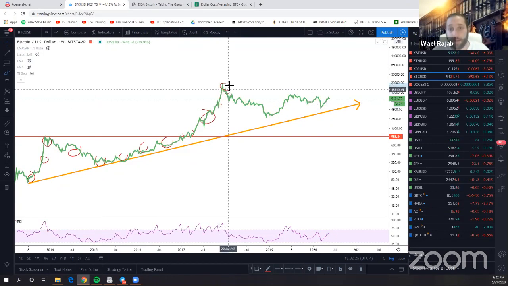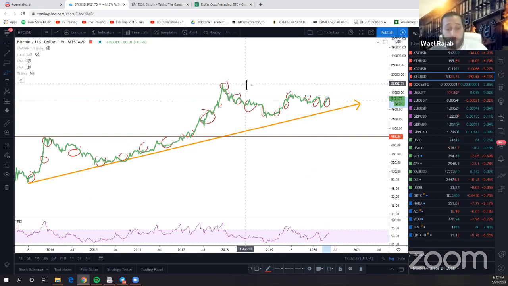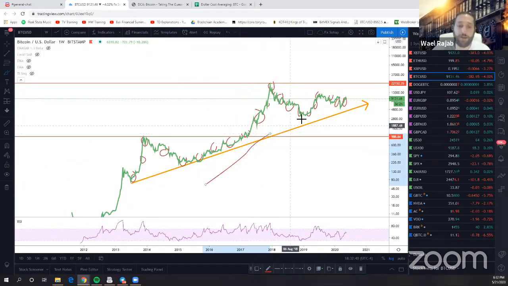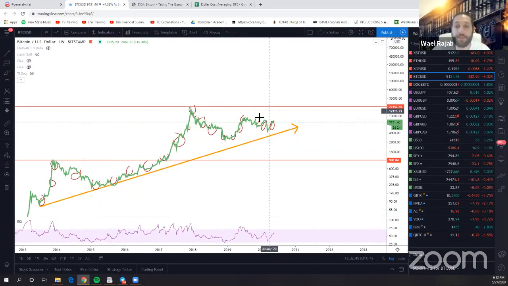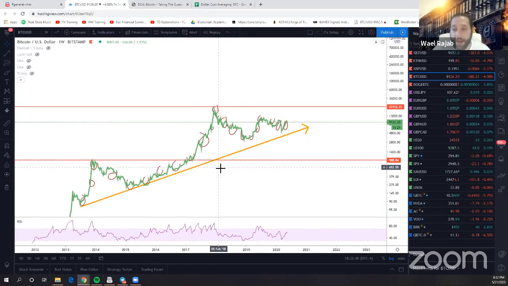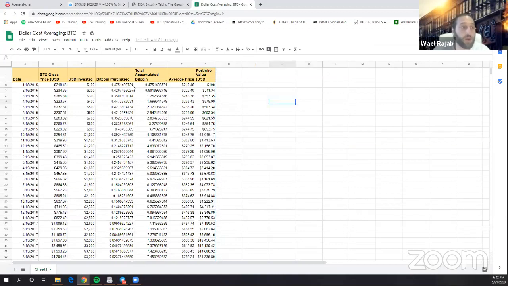This was 20 grand. And then you bought up there and you're buying below, keep buying, keep buying, keep buying. And hopefully people who kept buying here, this will get crossed. You can keep looking at Bitcoin and you can see that it just kind of moves out of its zone and then never comes back. So a lot of people thought 10K was the final time it was going to be 10K. So with dollar cost averaging, we're going to show you guys if you invested $100 in Bitcoin in 2015,